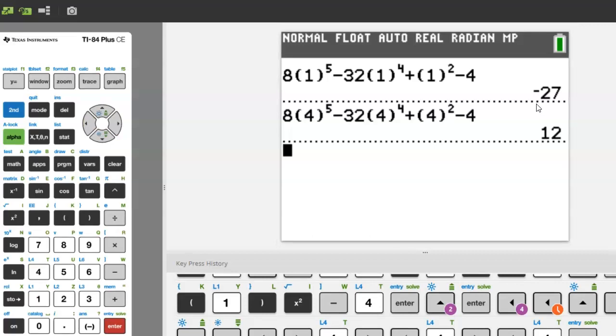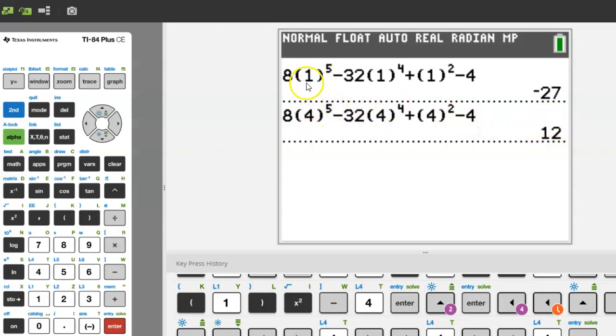See that when you do that, you get 12 as your answer. Okay, so I'm just showing you that if you needed to test more than one point, you don't have to retype the entire equation. Or if you ever catch that you made a mistake, like let's say if you,